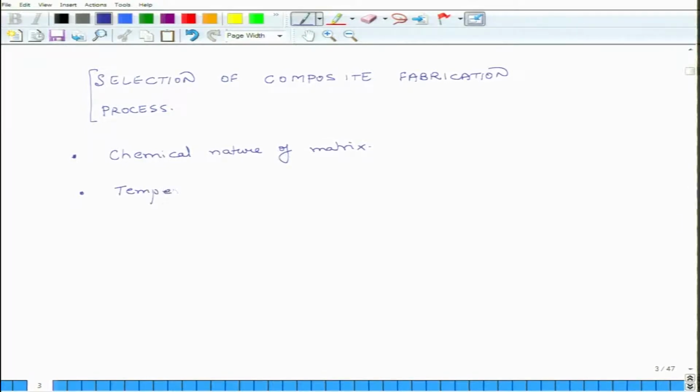The second thing you have to understand is the temperature needed. Now, it can be needed to do a couple of different things, and they may not be the same all the time. In some cases, how high a temperature you want to melt the material. For instance, if you have a thermoplastic material, you want to melt the plastic and then embed it with fibers. Okay. So, in some cases the melting temperature is important. In other cases, to form the material,